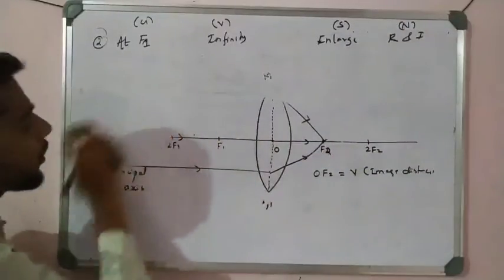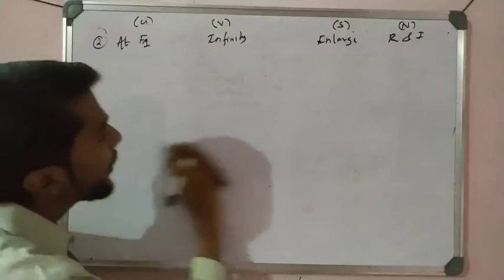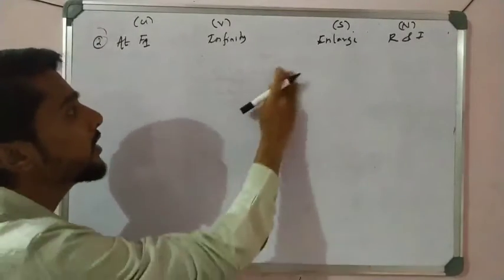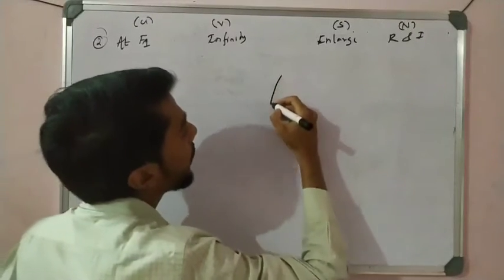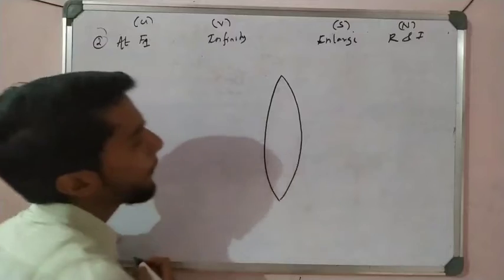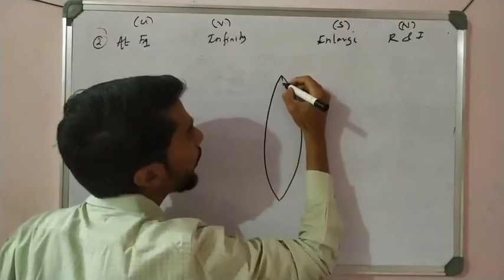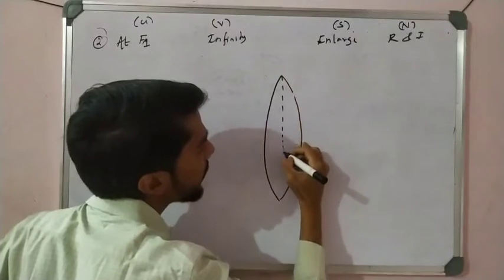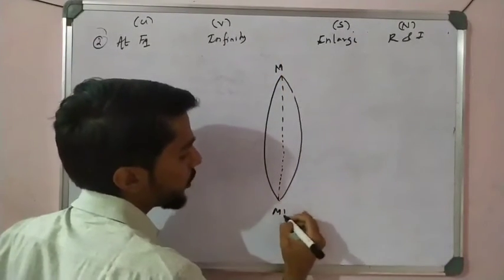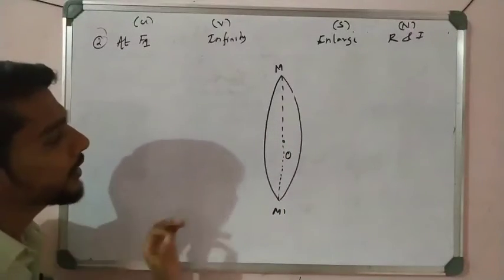So now let us draw the ray diagram here, right? If you know the diagram, pause the video and first draw the diagram yourself, then see the video. This is the, what is this? Convex lens, right? It has an aperture, and this is O, not orange, it is the optical center.